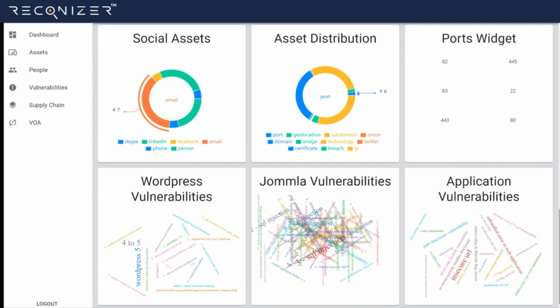At the same time, it presents the list of vulnerabilities found, in this case related to WordPress, Joomla, and other local web applications under development. Remember that RECONIZER discovers the digital footprint of the organization, as a hacker would. The system uses a web intelligence module powered by a search engine with artificial intelligence to collect and analyze data